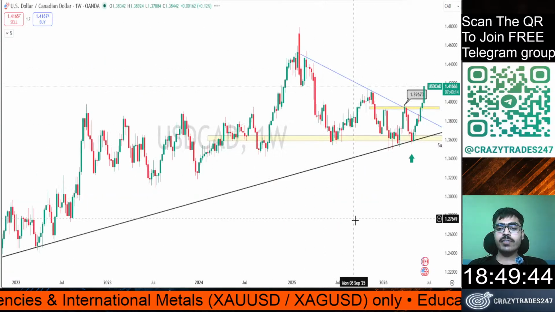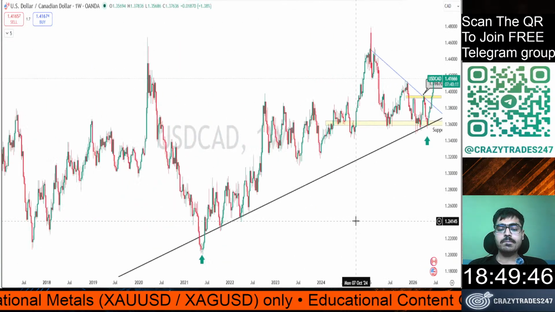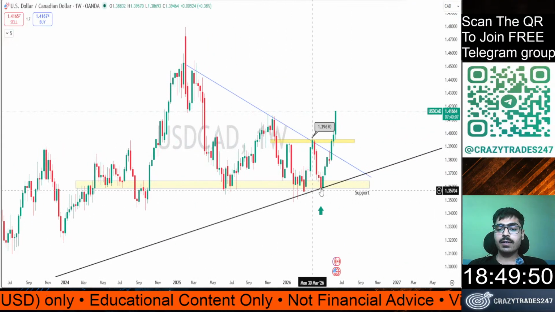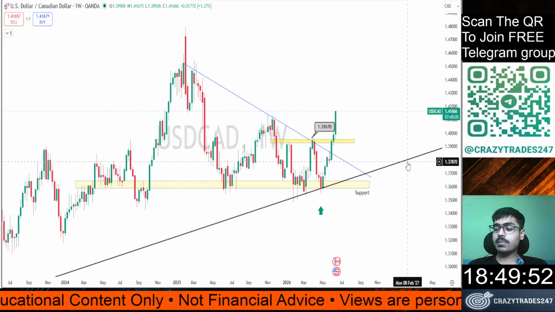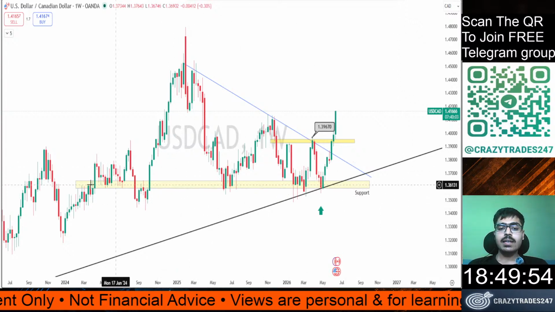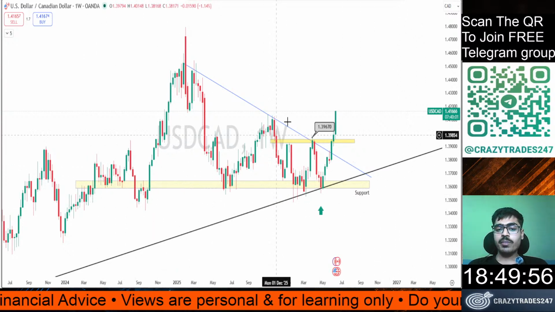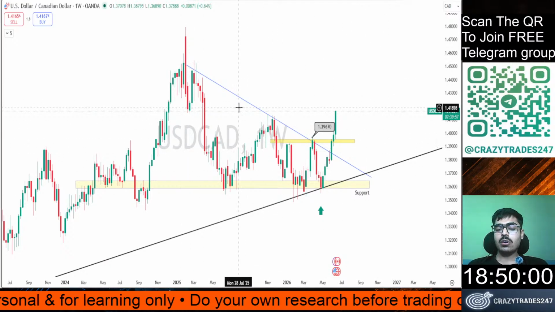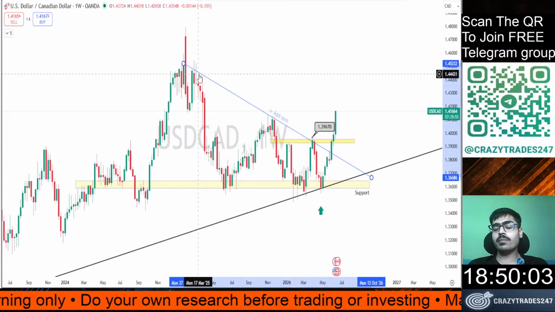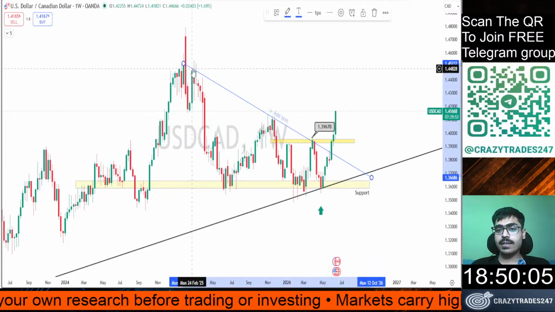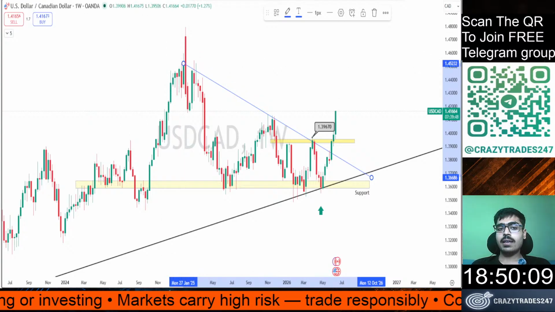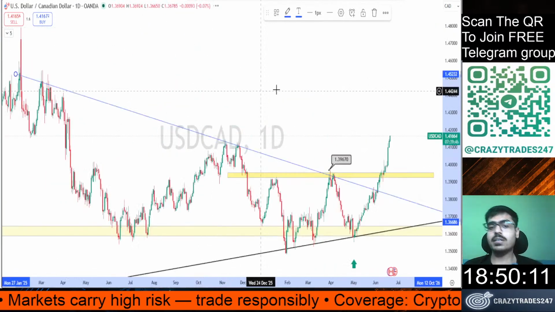Like on weekly time frame, price was on a really good uptrend, and it was taking multiple bounce backs from this rising trend line. This was the support from where price has bounced back multiple times, and this was the resistance line. If you want to call it a bearish trend line, that's exactly what it is. And this bearish trend line has been retested multiple times in the past, and